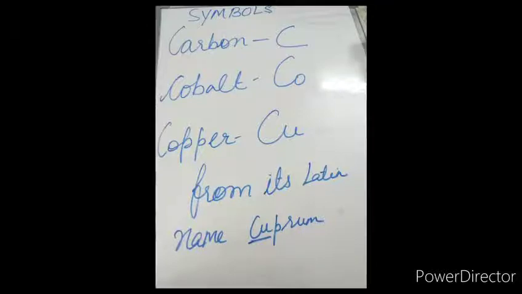Now you see copper. Copper's first alphabet is C and second alphabet is O. Now both of them, Co. So we can give its symbol as Co, but Co is already given to cobalt. So now over here we are going to write the Latin name of copper, that is cuprum. So what is the symbol of copper over here? That is capital C, small u. That is Cu. So Cu is the symbol of copper.